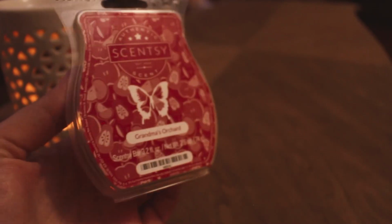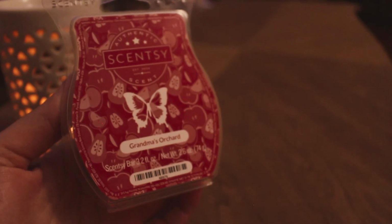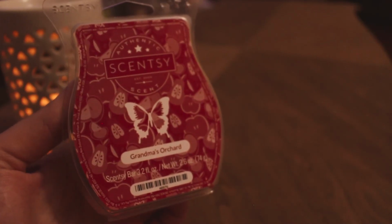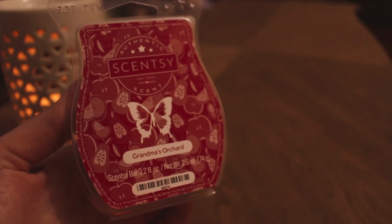Okay guys, when I say that scents were coming out of I don't even know where, this is what I mean. This scent is Grandma's Orchard. I completely forgot about this scent. I don't even know what year this was available. I mean, it had to be...